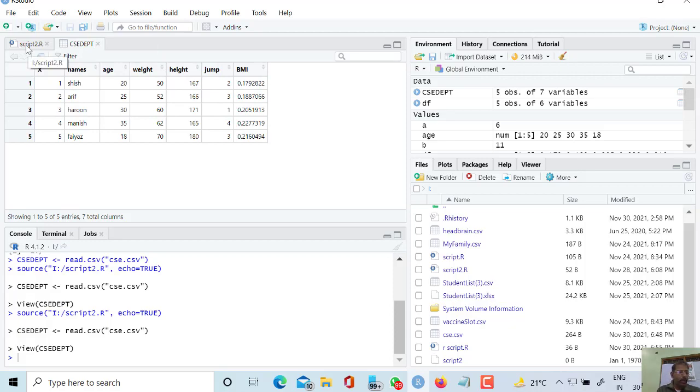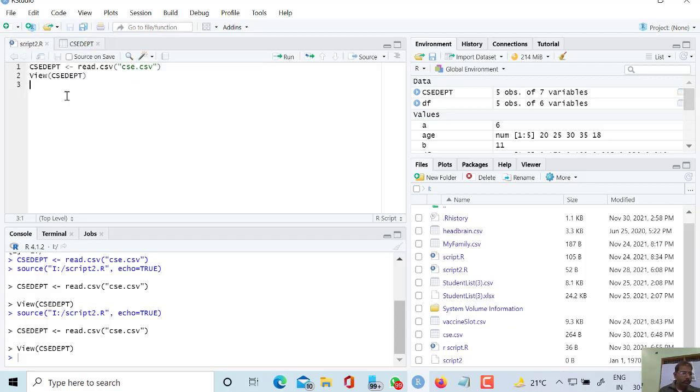Now I want to write csc department, 3, third column. So I have written this.